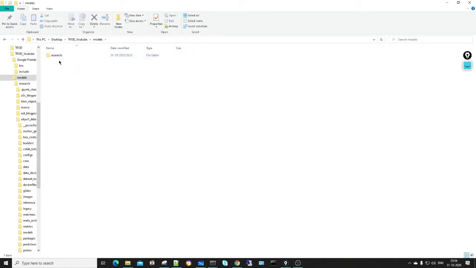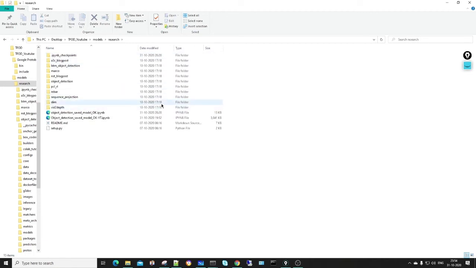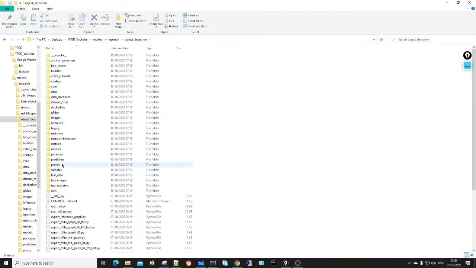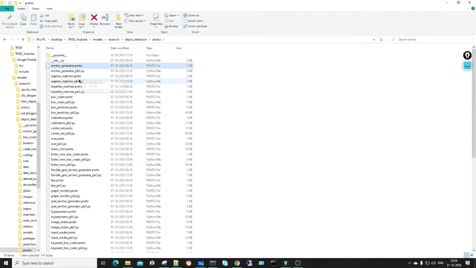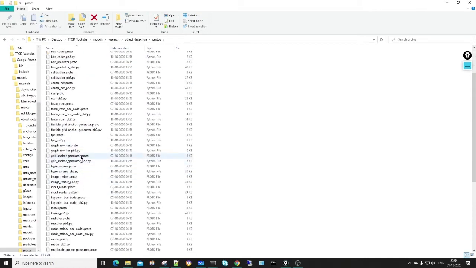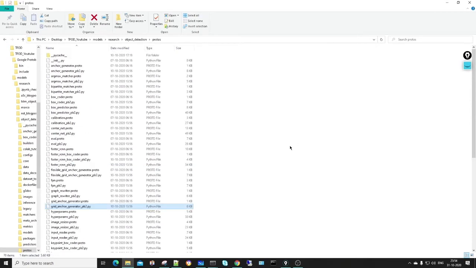But if you try to download it, you may find some confusion because some files are from version 1 and some are from version 2. When I originally downloaded it, there were only proto files. So using protobuf, I converted these proto files into Python format because ultimately we are working with Python. That's why I converted these proto files into Python files. If you see, for each corresponding proto file, we have a Python file. Okay, so this is my folder.